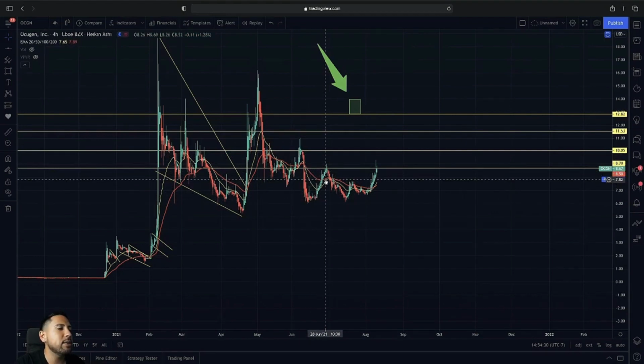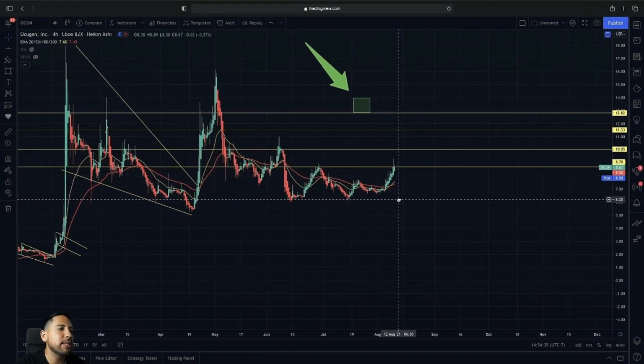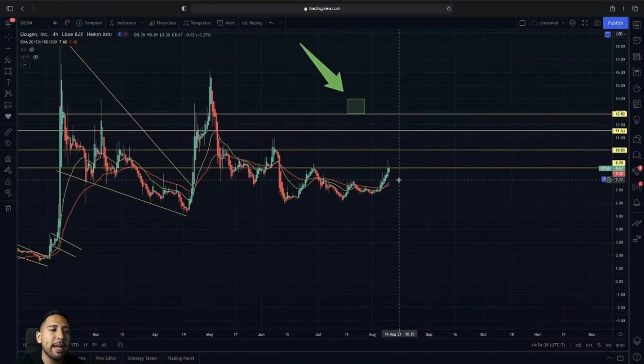Again on the 4-hour, you guys can see we have been consolidating for quite a while, holding with the 20-day moving average above the 50 at this point in time. But on the 5-minute, we have the 20-day moving average crossing below the 50. So if we have the 4-hour with the 20-day moving average above the 50, and the 5-minute with the 20-day moving average below the 50,